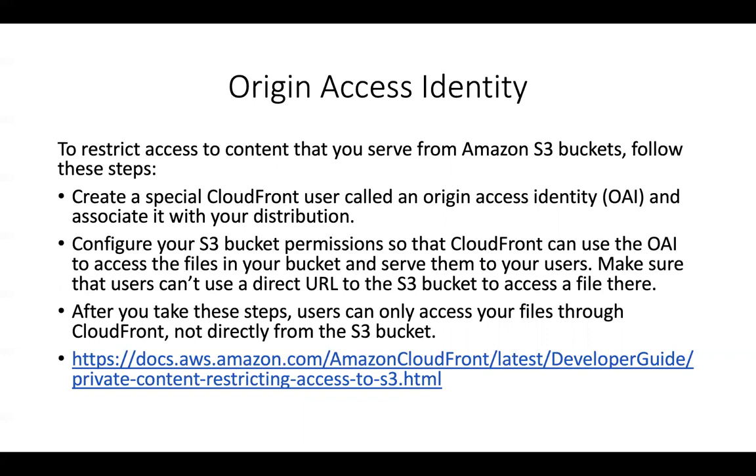So what you have to do is create a special CloudFront user called an origin access identity, or OAI, and then associate it with your distribution. Once you associate it with your distribution, you go to your S3 bucket and configure a bucket policy where you specify that the GetObject action can only come from this origin access identity as the principal entity, not from anywhere else, right? Once you configure that, no one can access the objects within the bucket using the object's URL, but they will have to access it only from the CloudFront DNS name that they provide, right?